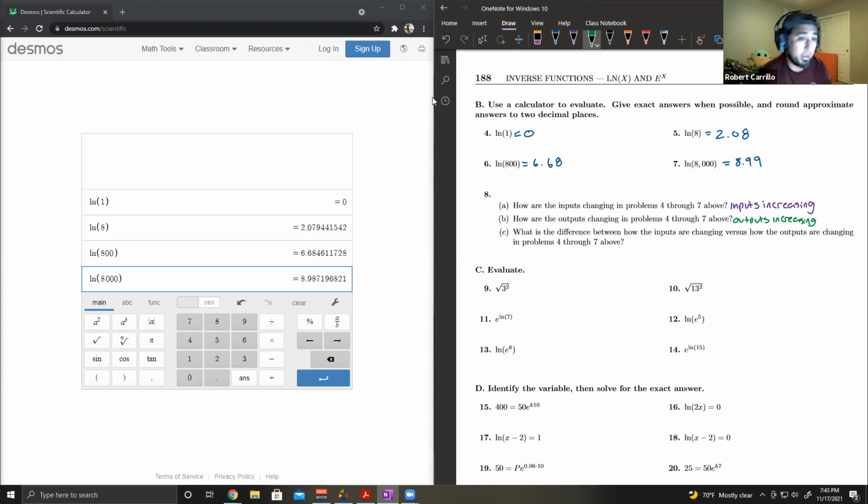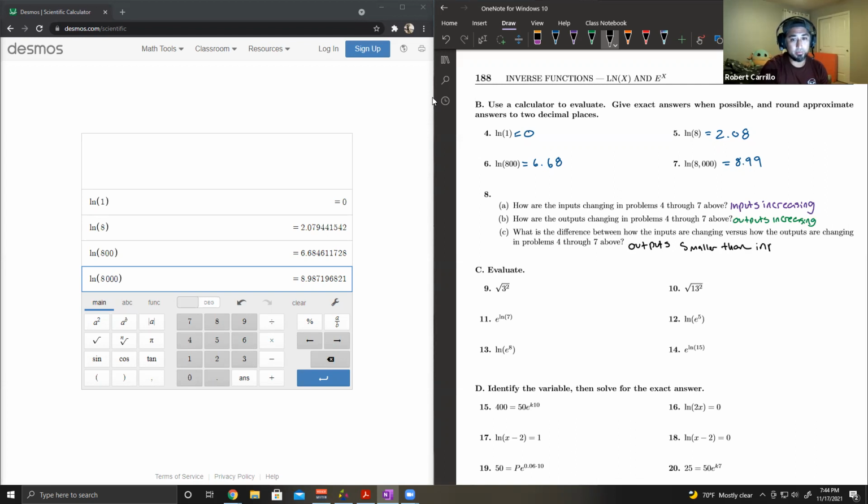So C, maybe I just answered that for C. It says, what is the difference between how the inputs are changing versus how the outputs are changing? I did answer that. So our inputs are getting increasingly large, right? While our outputs are increasing, but are the outputs a lot smaller than the inputs? Yes. We're just going to say outputs smaller